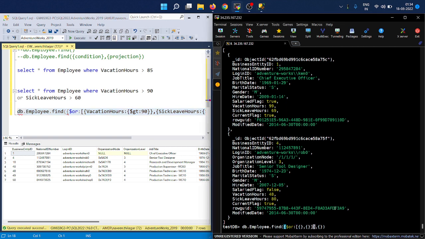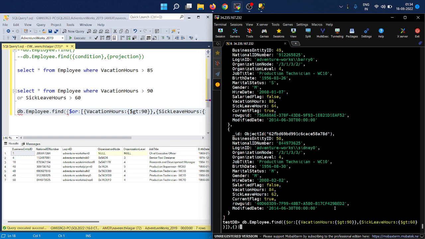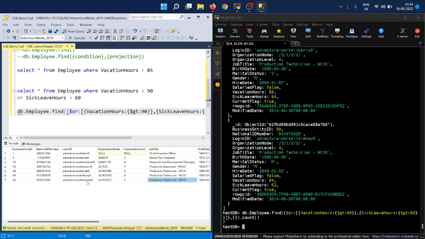Let's try running this. I'll copy it and put it. Maybe let's do a count on top of this: 7 records, and it is matching with what we saw here. So that is how you can use the OR condition. Now you know how to use AND, how to use OR, how to do a wildcard search, how to search for a specific string, and how to use IN and all those things. Now let's try to